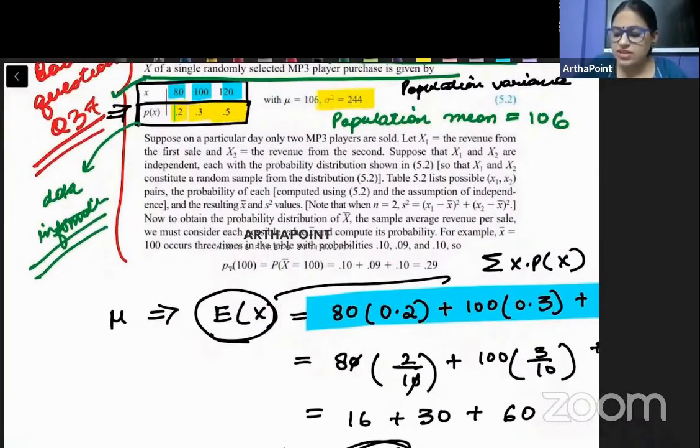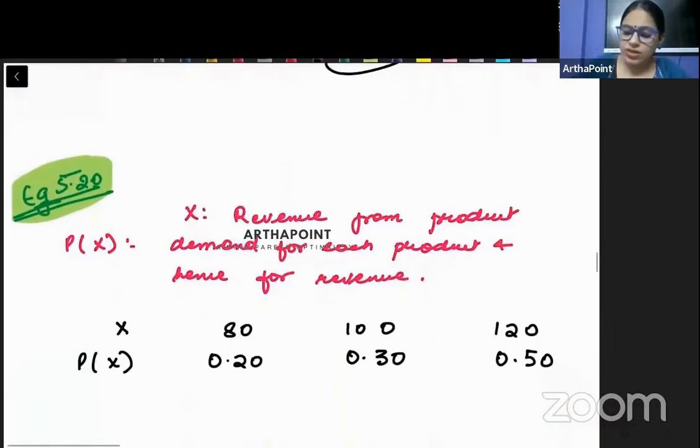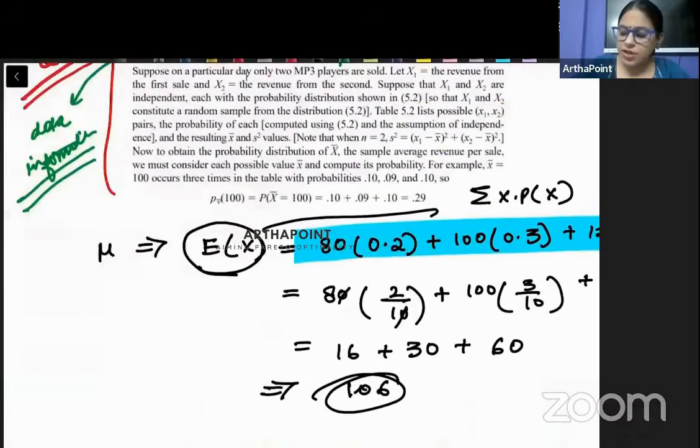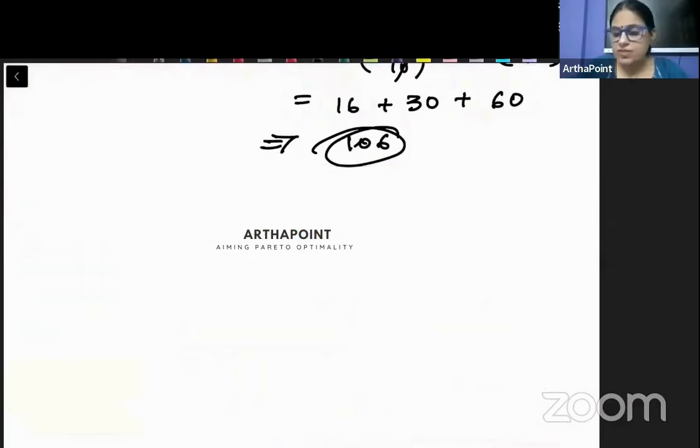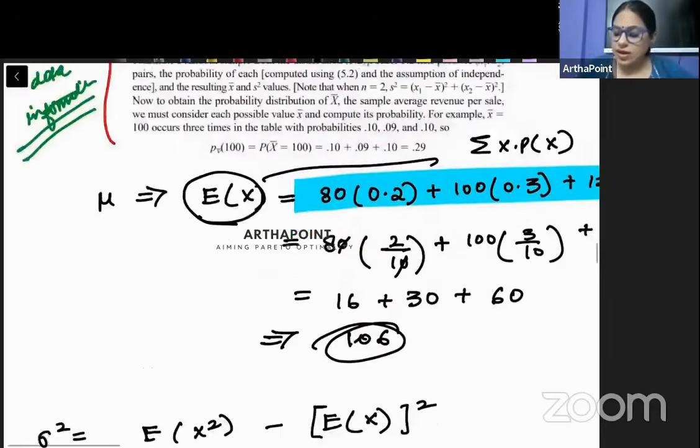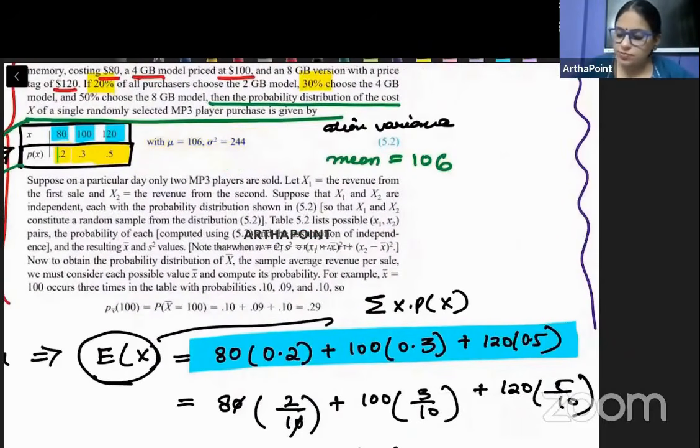Okay, beta. Now we will focus on the second part. So look here, this says that the variance of the population is 244. Let us spend 1 minute and just quickly calculate the variance also. एक बारी variance भी निकाल लेते हैं. So in order to find the variance, we know that the formula for variance is E of x square minus E of x whole square. So this is very, very simple. E of x square निकालने के लिए you need to do summation of x square into p(x). Right, beta? Achha, now if I just focus on this part, what will I realize?